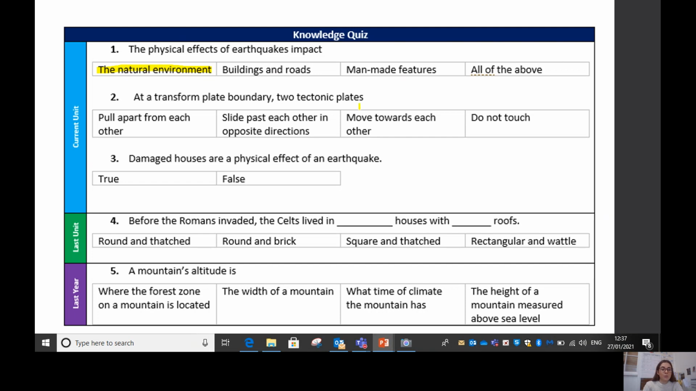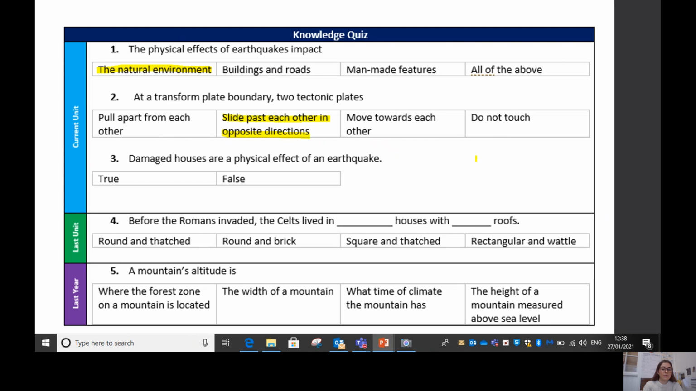Question 2, at a transform plate boundary, do two tectonic plates pull apart from each other, slide past each other in opposite directions, move towards each other, or do not touch? Pause me now. Welcome back. Well done if you said they slide past each other in opposite directions. So pulling apart is divergent, moving towards each other is convergent, and at a plate boundary,